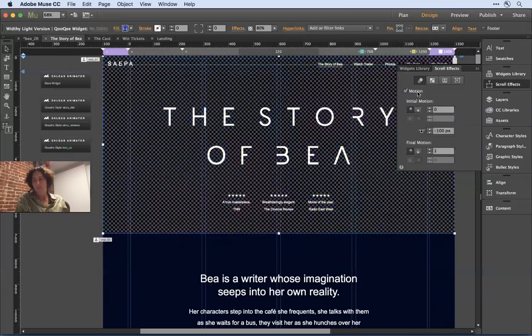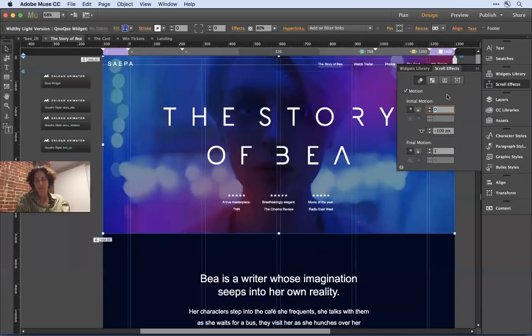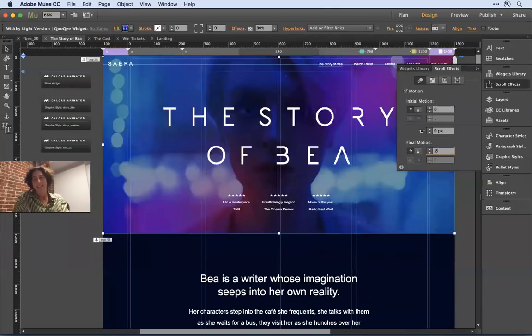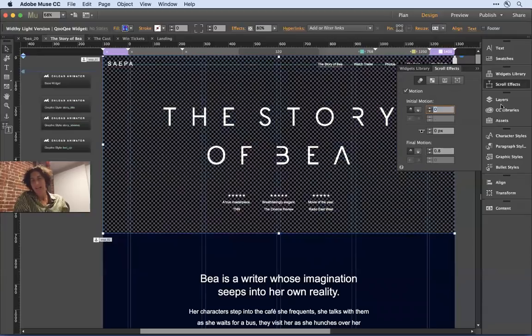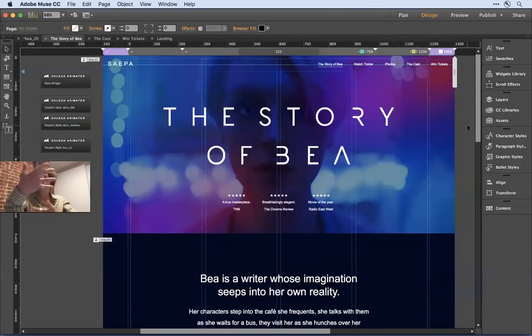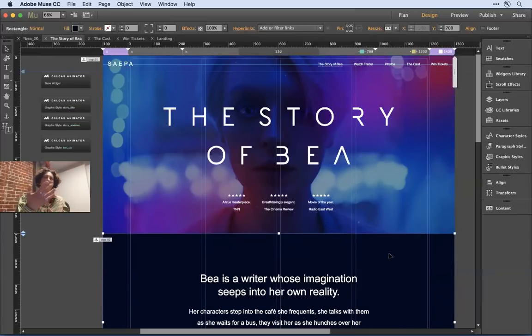I'm going to click on motion, and what I want to do is basically a scroll effect. So I'll set this to 0. I'm going to set the starting point at 0, and I want it to move at 0.8 times the speed of scroll. It's kind of a common parallax effect that you'll see, at least as far as how objects are moving behind the screen. So if I'm lucky, I've fixed two things. One is I defined a parallax effect to my content at the surface. The other thing I do want to mention, when you define that parallax effect,